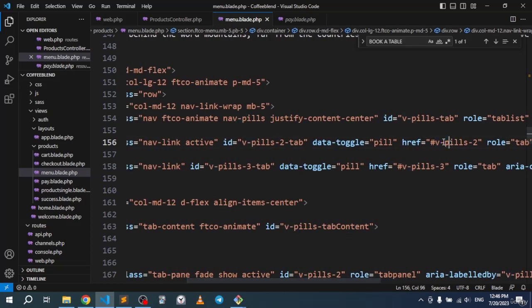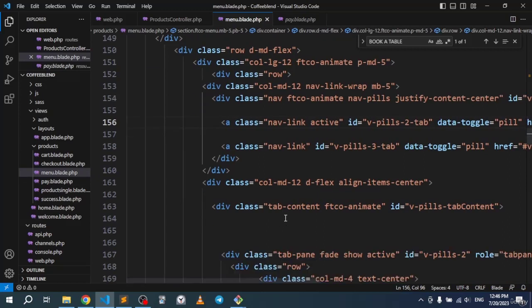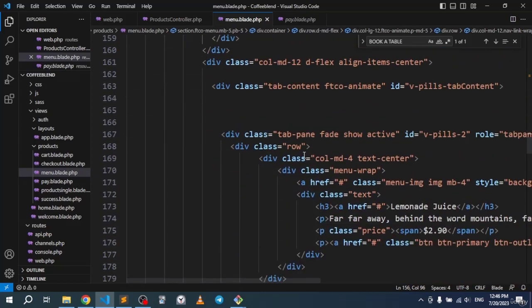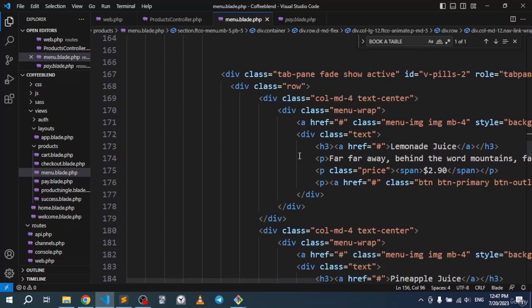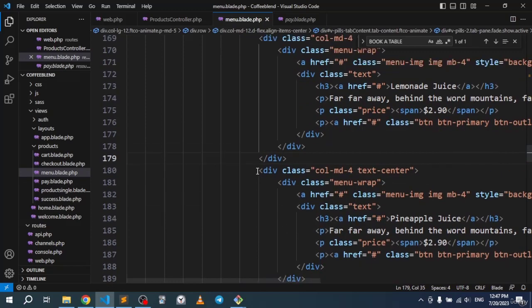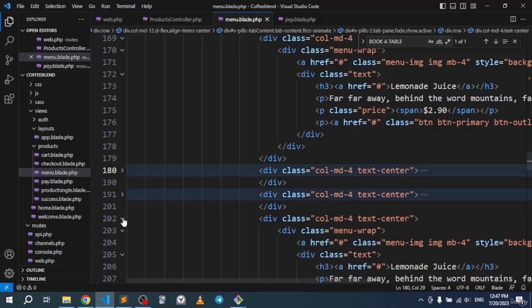So we need to look at the items which has this href. So we need to go right here. Tab-pane plus tab-pane fade show active. All of that is a bit confusing, but I would say that these are the drinks right here, and I want to go ahead and remove those whole drinks from here,